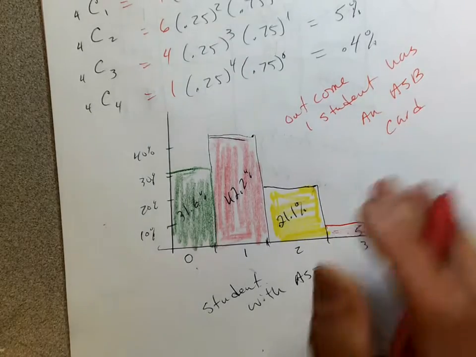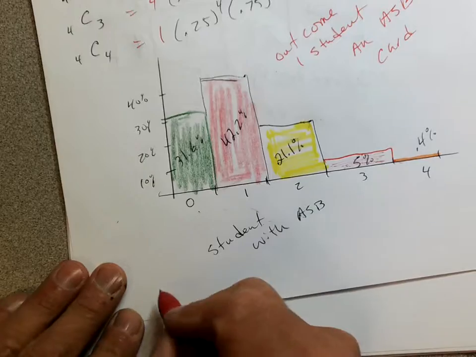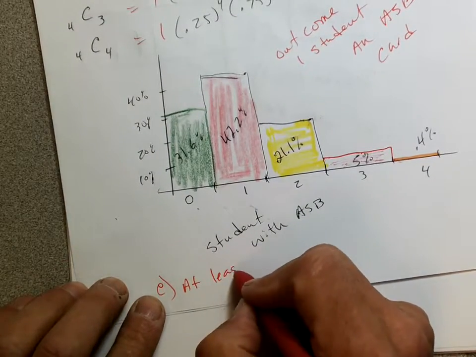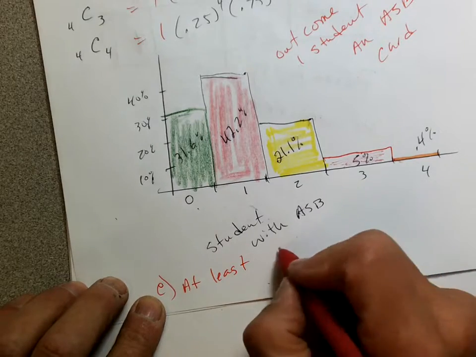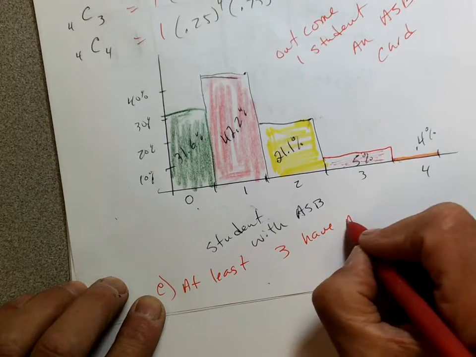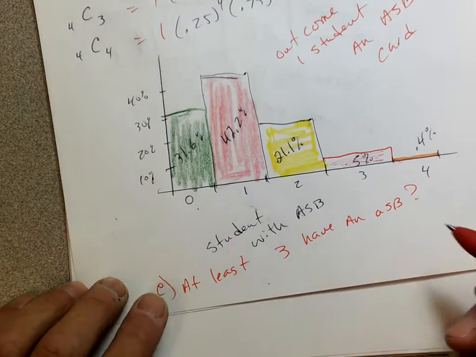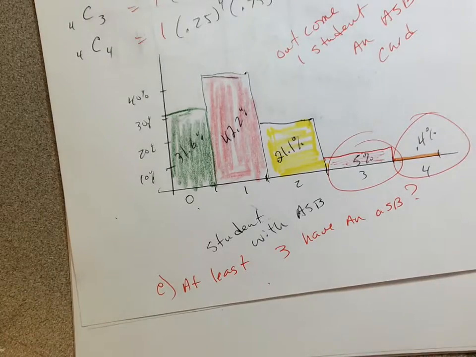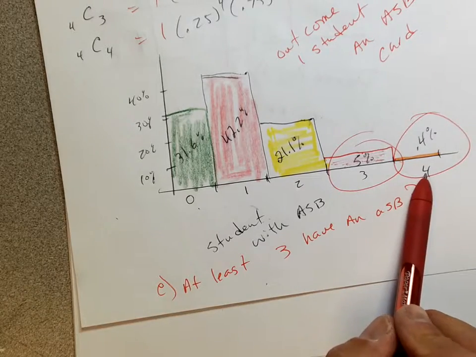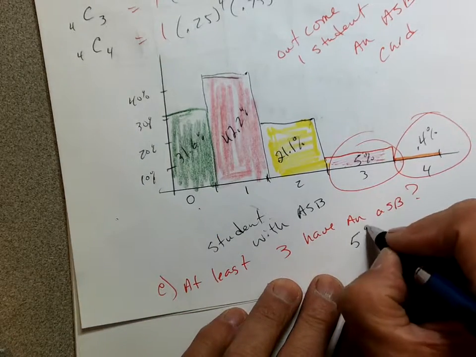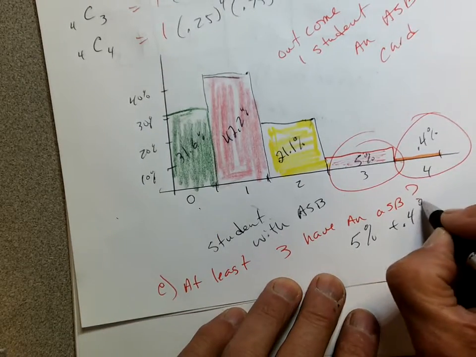Okay, now, almost done. Part C says, what is the probability that at least 3 kids have an ASB card? Well, at least 3 means 3 or 4. If all 4 say, yeah, I've got it, then I've got at least 3, right? So I would add these probabilities together: at least 3 is my 5% plus my 0.4%,